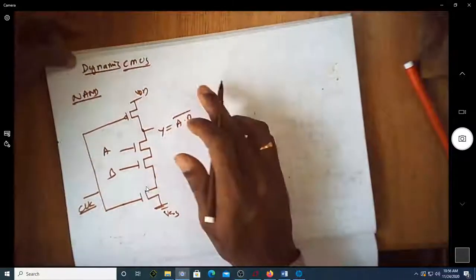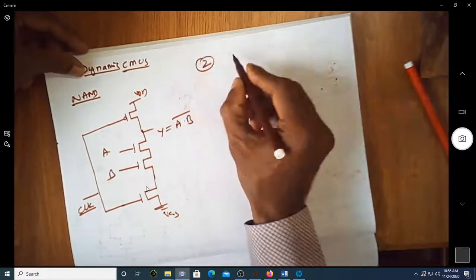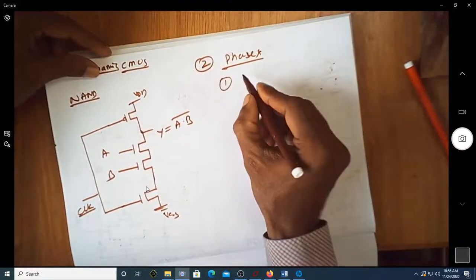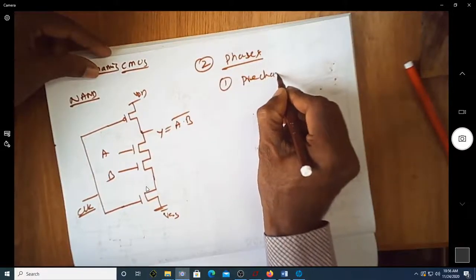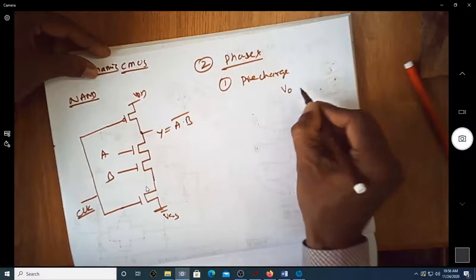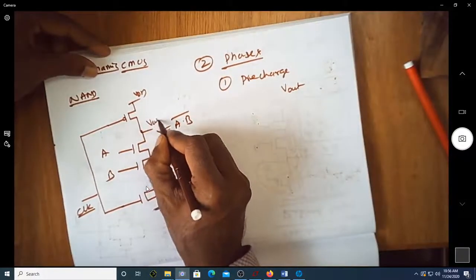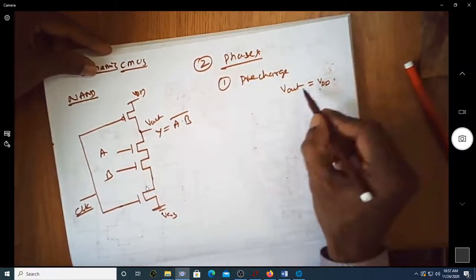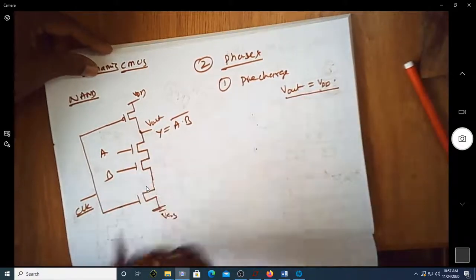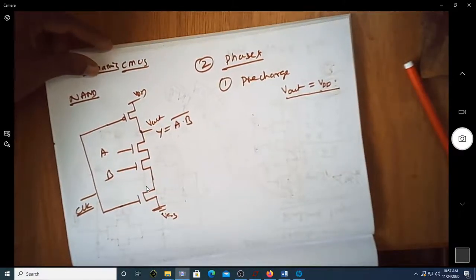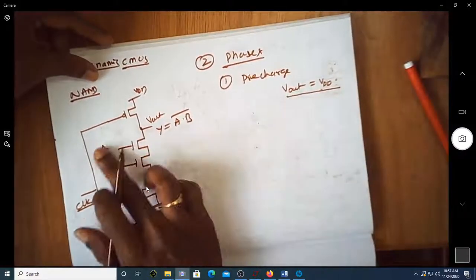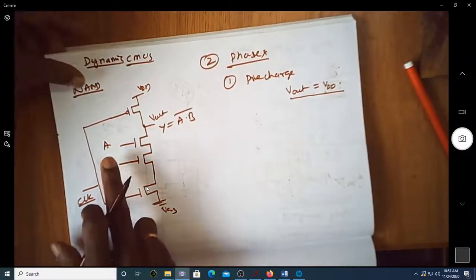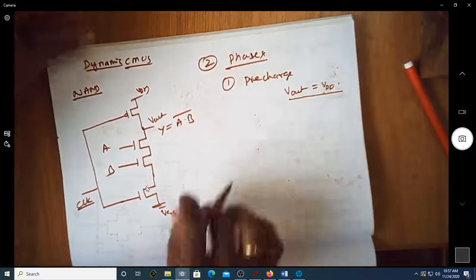So this dynamic CMOS has got two phases of operation. The first phase is called pre-charge. When I say pre-charge, V0, that is V out, which is nothing but this output, will be made equal to VDD. So pre-charge means the output is always made equal to VDD, irrespective of the Boolean expression you are trying to implement. Whatever the Boolean expression you are trying to implement, of course in this particular case we are implementing a NAND gate. Whether you implement NAND gate, NOR gate, AND gate, whatever,